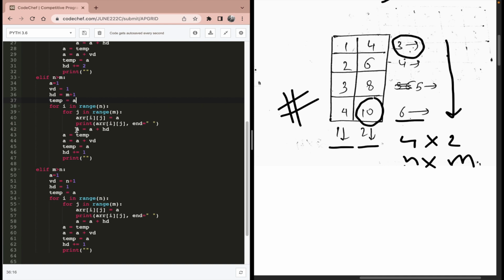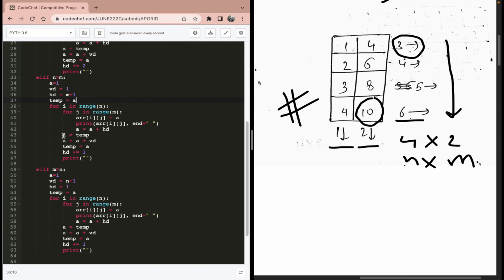So a is and then we are increasing the value of a by hd, horizontal difference. We are printing the result row wise, that's why. So the a will become 4, and in the next iteration we will print 4, and then we will exit out of this loop, and the I will increase